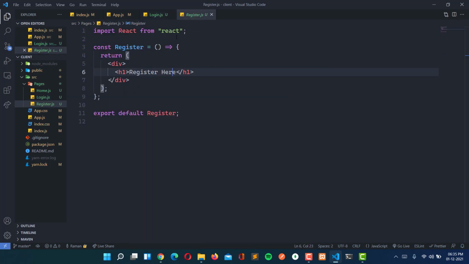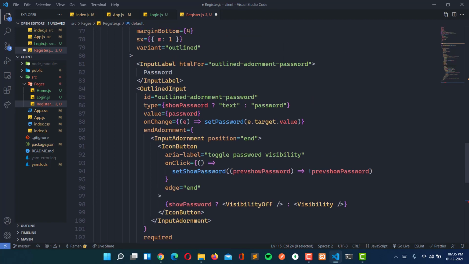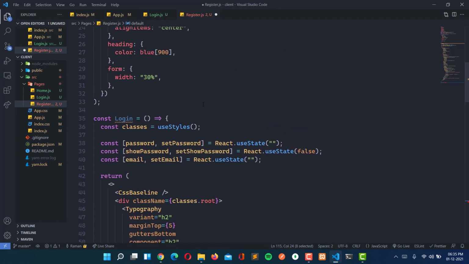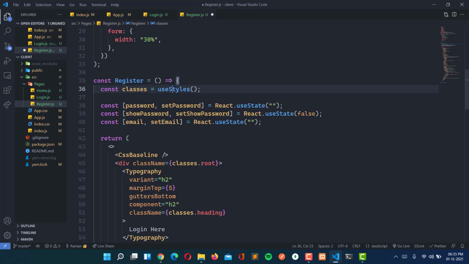Then I'm going to change the component name here to Register, and the same component name I'm going to add above. This one, and everything will be the same.